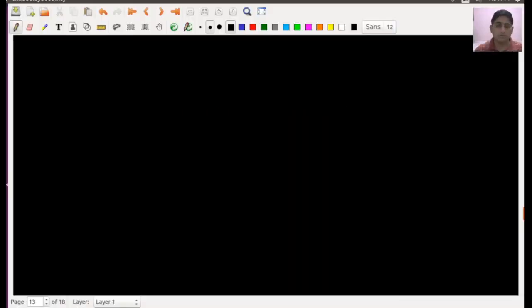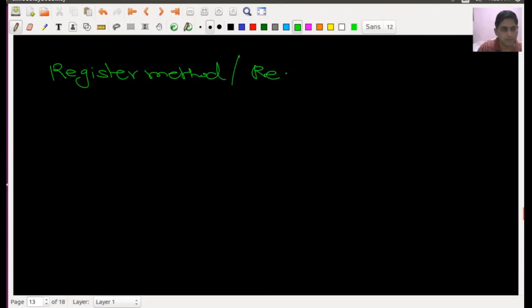So as far as we know, we can calculate the delay by using different methods, and you can adopt a method to calculate the delay. We can adopt the register method, or you can proceed with the register pair.